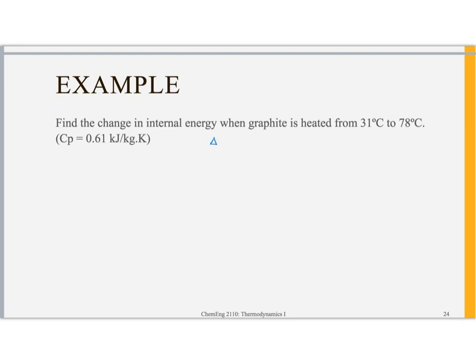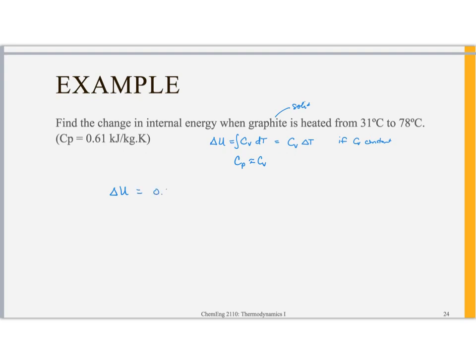Now, the change in internal energy is, by definition, C sub V dT integrated, or C sub V delta T if C sub V is constant. And in this case, they told us that C sub P is 0.61. So that's close to what we want, but delta U is C sub V delta T. But graphite is a solid. And for solids, C sub P and C sub V are about equal to each other. Therefore, we can simply calculate delta U